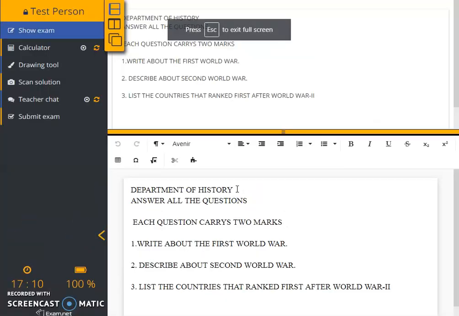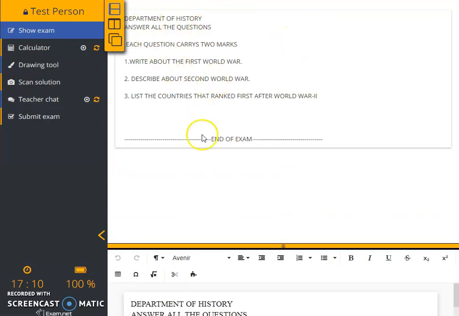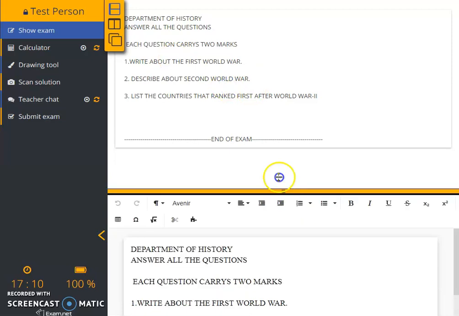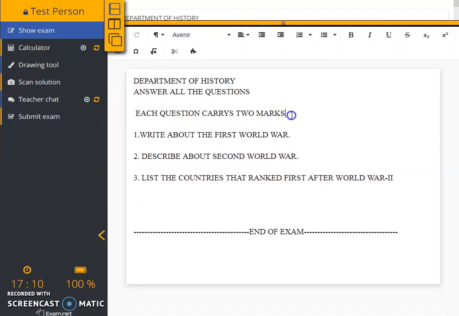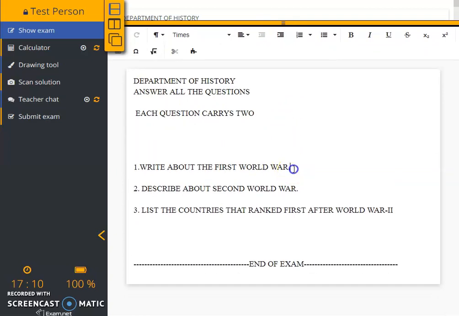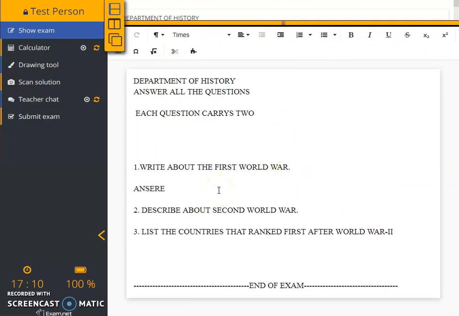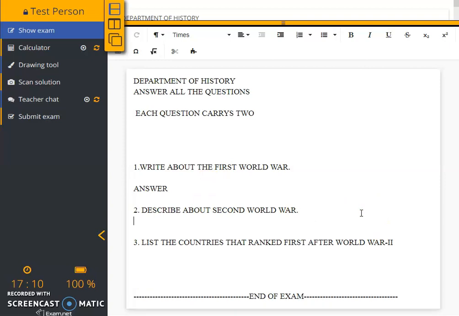So I begin the exam and I can see the question is displayed at the top. At the top I have the question paper, at the bottom I have the answer script. We cannot edit anything in the question paper here, but since I had given a copy of the questions in the answer script, I can edit, I can modify, I can answer. I'm answering question number 1, I'm answering question number 2. So my answer is over.